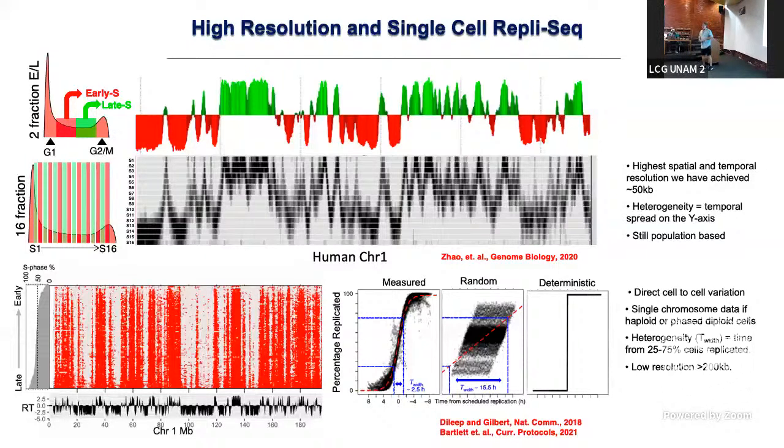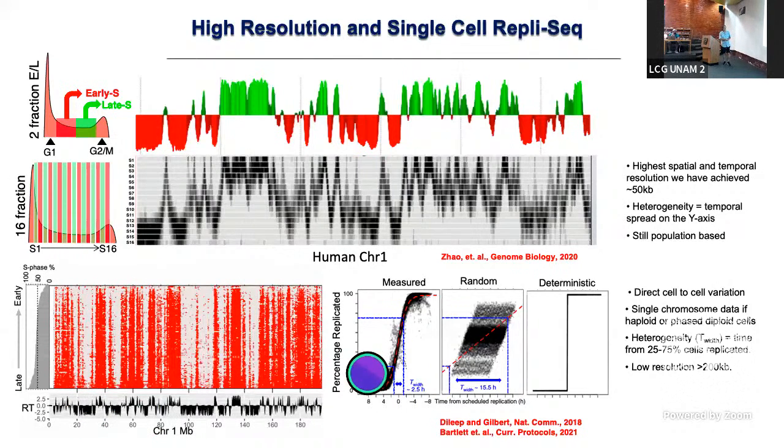So what we can do is do a whole genome sequencing and then align cells over here on the left in gray by their DNA content, from the lowest DNA content to the highest DNA content. And then we simply go across here digitally and say, in red, the bin has replicated, or in gray, the bin has not replicated. And what you can see is that early replicating sequences, here's the E/L repli-seq at the bottom, are already replicated at very low DNA contents, and the late replicating sequences don't replicate until much higher DNA contents.